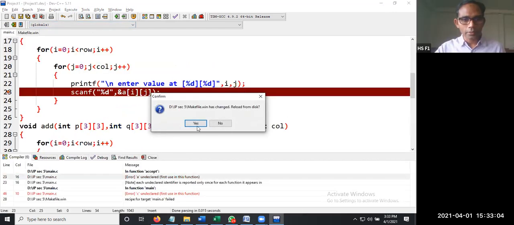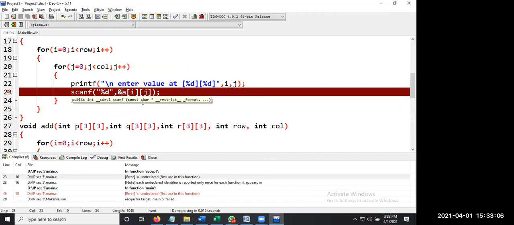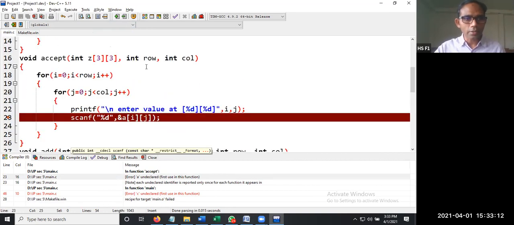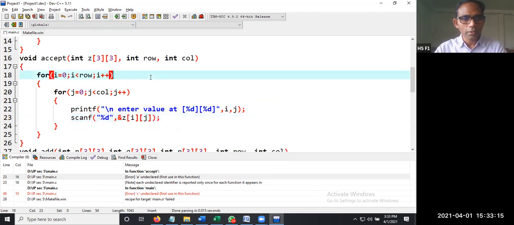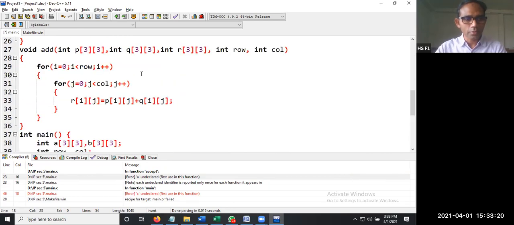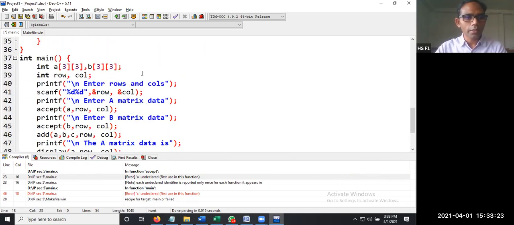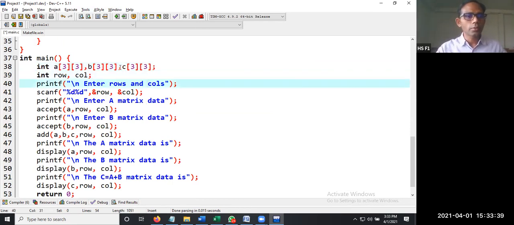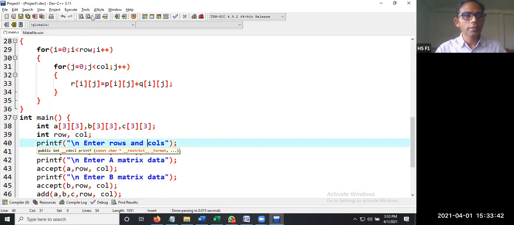Yeah. 1 second. We didn't declare, huh? Yes, sir. Percent. Okay. What happened here? Yeah. Here we should write Z of ij, not A of ij. One mistake. So this is accept, and this is also Z of ij. PQR. Very good. So we need to declare C of 3 cross 3. Very good. Thank you. Here, comma C of 3 cross 3 matrix. Thank you. Row call. That's it.